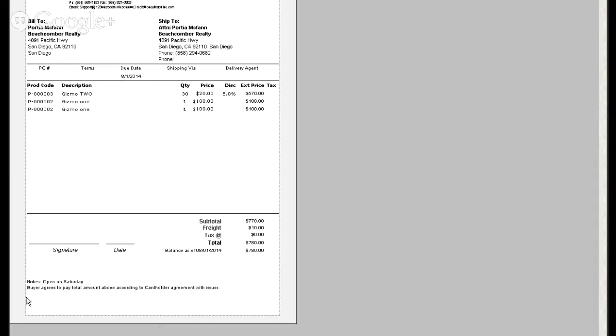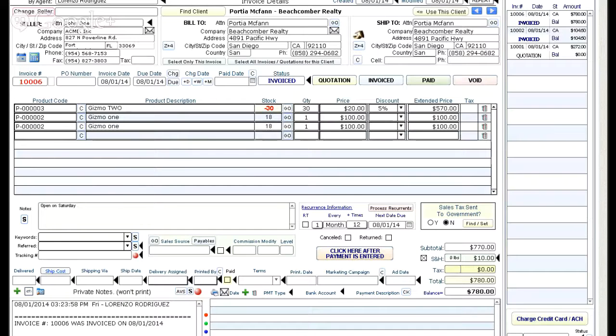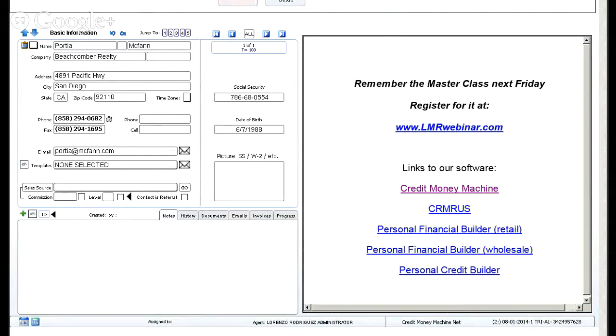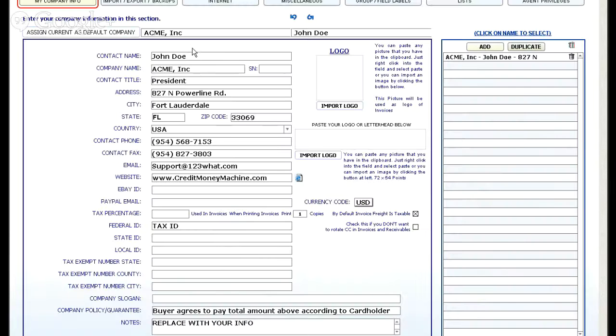I should say we are open on Saturday. This one also can be changed, okay, from the setup, I believe. Let's check the setup a second here, because we have a couple of interesting things. For example, we have the tax percentage here that will be used in the invoice system, and also we have how many copies we have, and by default,